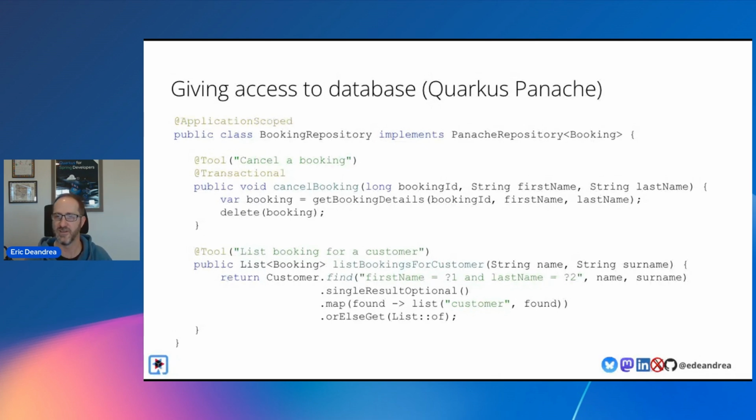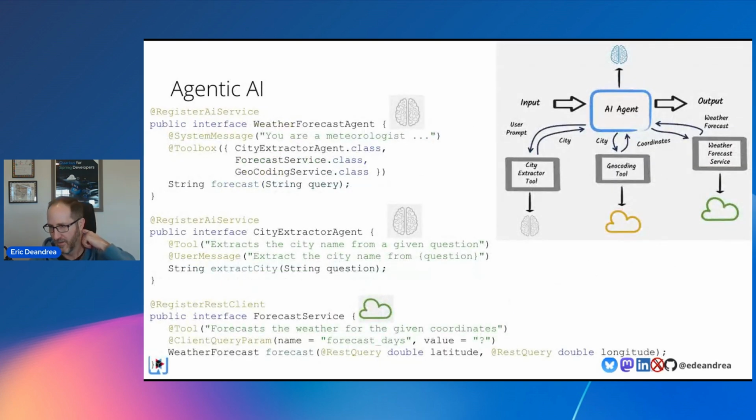So you're almost getting a twofer, because you need this functionality for your application, but now you're also exposing it to your LLM. So your LLM now could potentially invoke these operations, which is kind of cool. But again, what could go wrong?